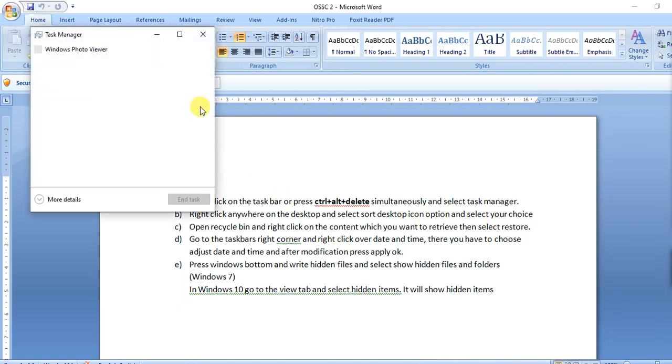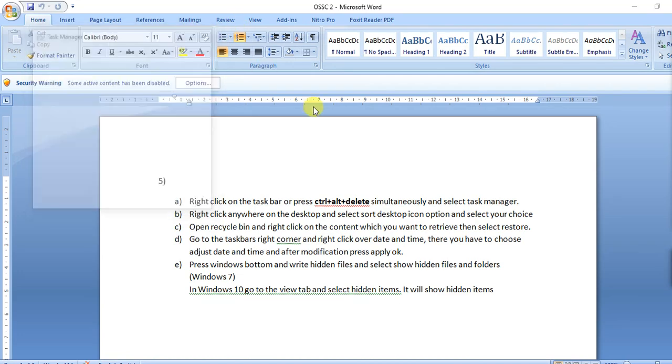You can end any type of programs here. Then the other way is Control Alt Delete. This type of screen will come there. Control Alt Delete simultaneously. Then you have to select the option that will show you the Task Manager. You can end the programs whatever you want.